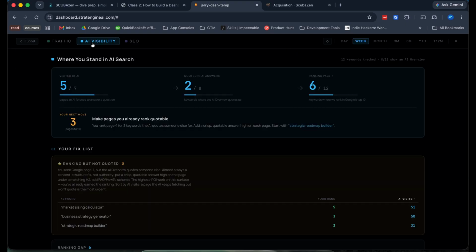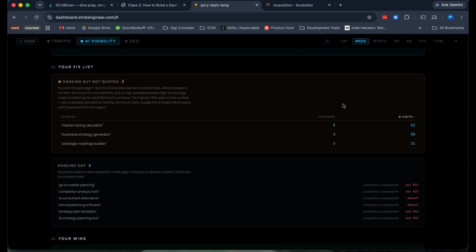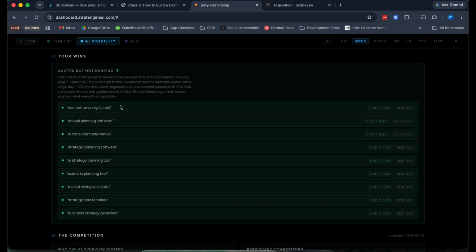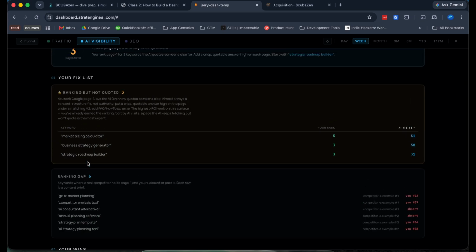And then for the GEO stuff, this is my AI visibility, and it says, okay, this is how I'm being pulled by AI, and then I have a fixed list. So this actually tells me I'm ranking for these quotes, but I'm not being quoted by the AI. That means there's something in here that I need to fix, so this is actionable for me. And then I have things over here where I'm being quoted, but I'm not ranking that high. So this tells me I have something going on with these types of phrases that I'm outperforming, so I need to take learnings from here and apply them here.